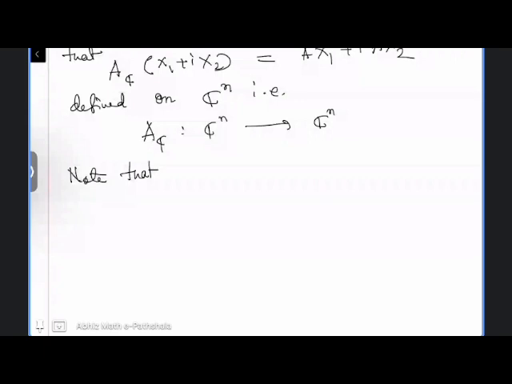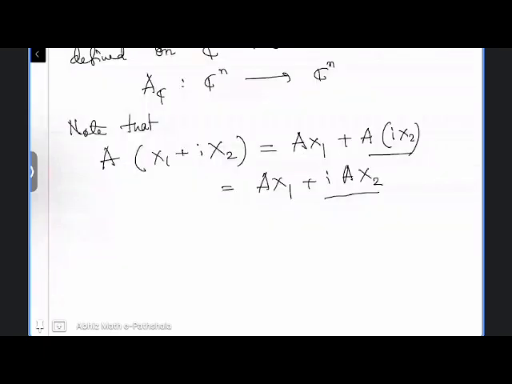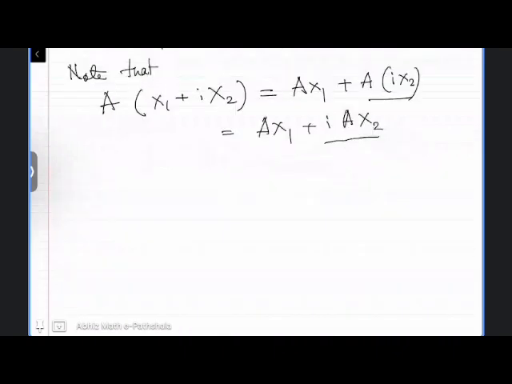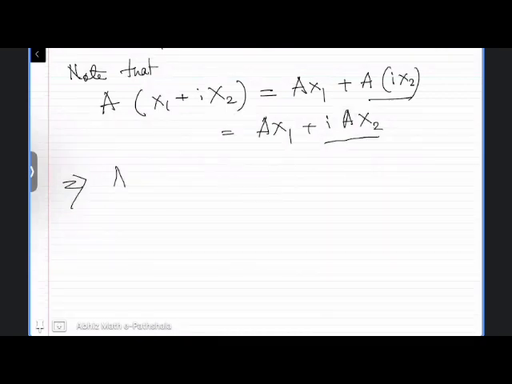Now I am just taking this i out from this one, because A is a real matrix. So these two are the same. This does not change under this action of multiplying i with the basis, because A is real. So this implies A, as a real matrix,